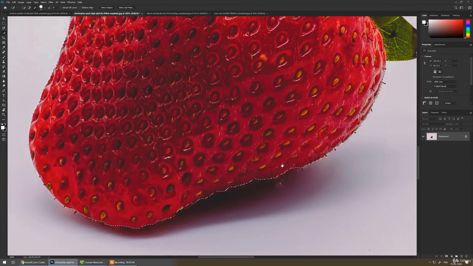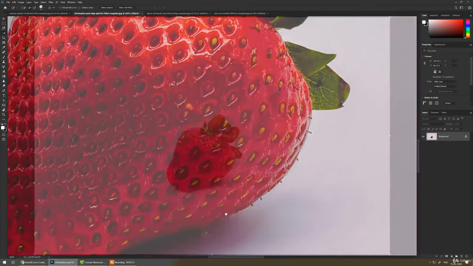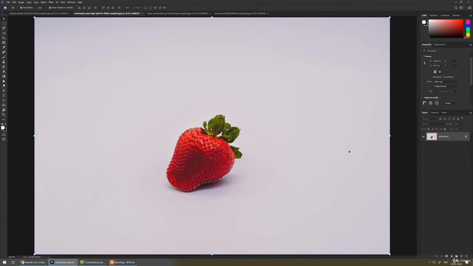Just like that, we can subtract something like this, and we can keep on subtracting and adding to the selection. So now we have a selection, and we see that it selected the entire artboard, not our subject. So we have to learn to inverse a selection. To inverse the selection, we go to Select, Inverse, or press Control Shift I.